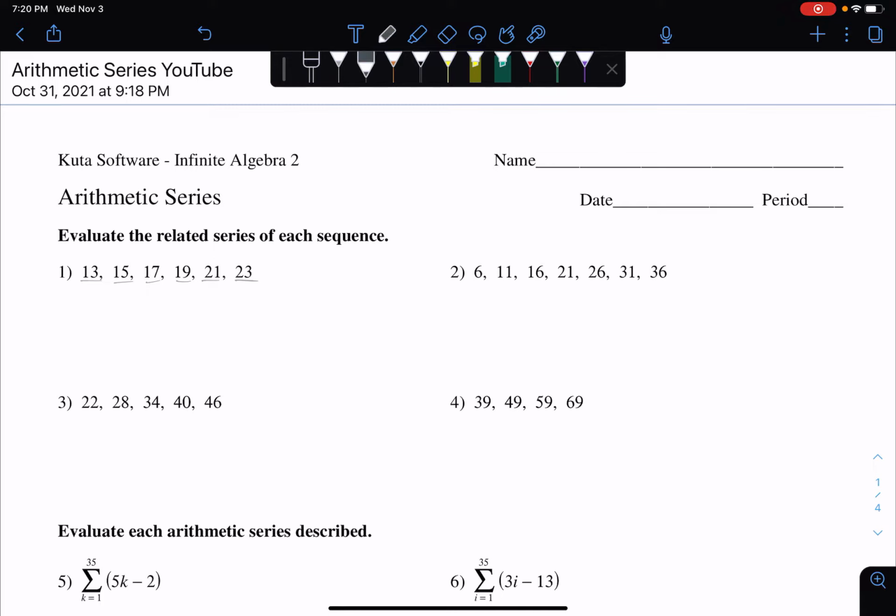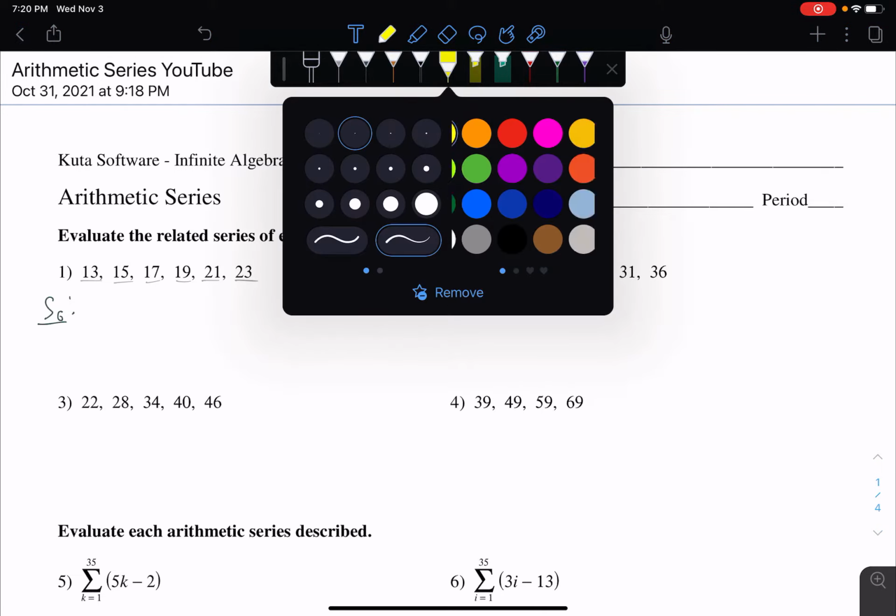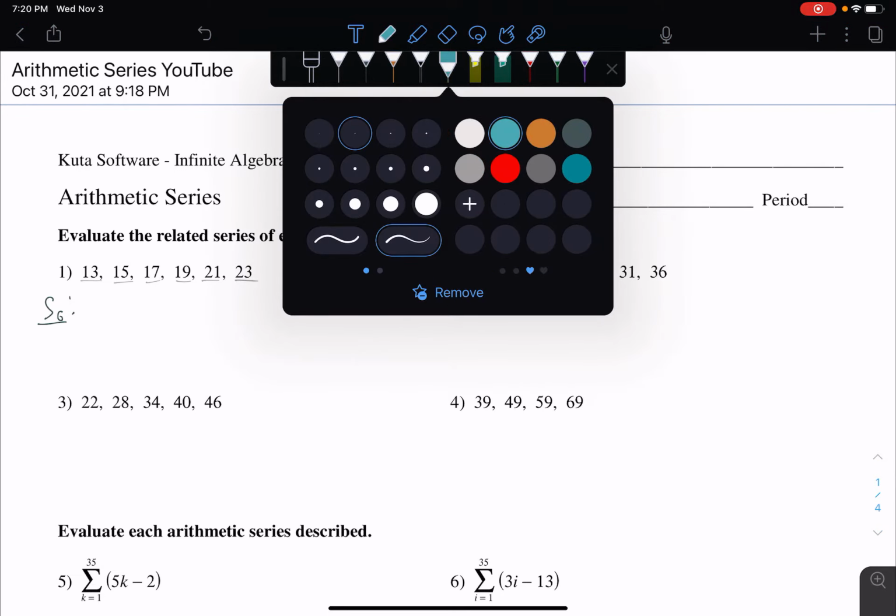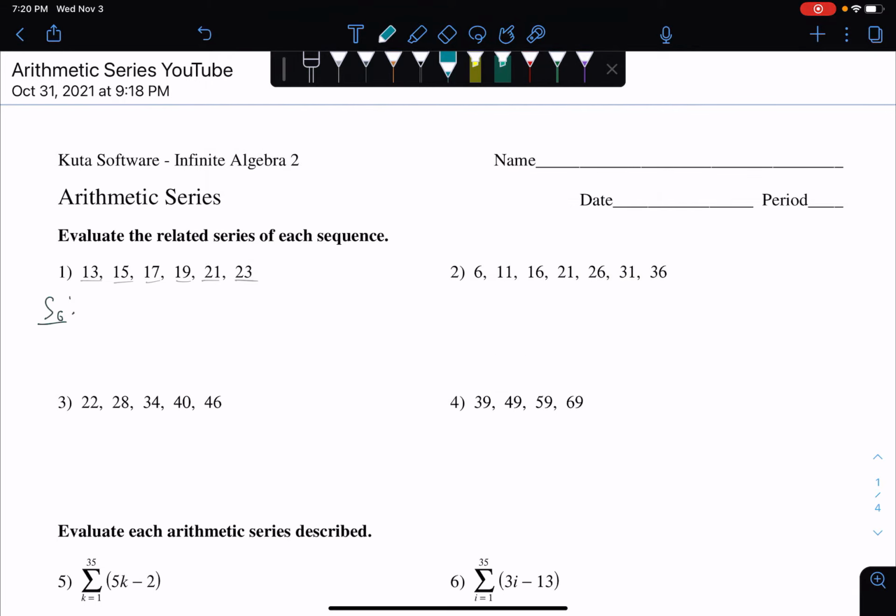So for number 1, we can see that we have 6 numbers. So basically, what we're trying to find is S sub 6. And before we even start, I would like to say first that the formula for arithmetic series is given by